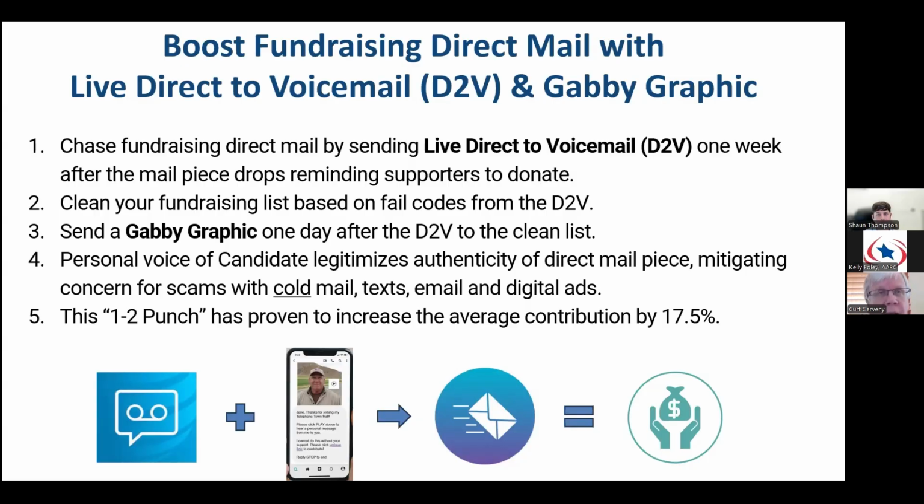The next day, you send out a Gabby graphic that has a call to action, but you have a little bit more time. Instead of 15 seconds, you have 30 seconds for a message, or as Shaun said, as much as 60. I'm more of a proponent to keep it shorter. But anyway, you send that out, and again, it says, please read the direct mail piece and all that. I don't think you actually ask for money in either appeal. You just say why they got the direct mail piece: to save the election, save the world, whatever the case may be.